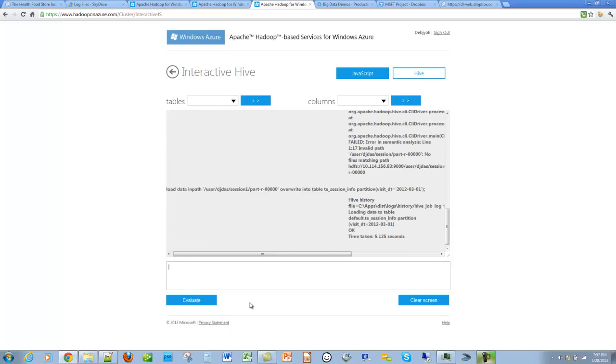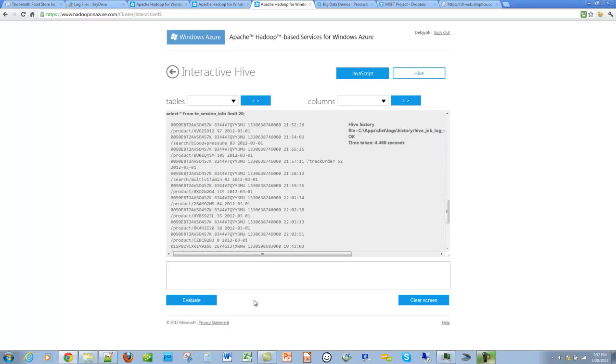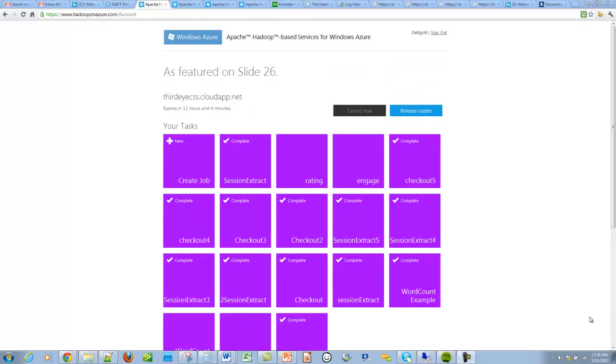Now, the data is in the Hive table. Let's make sure that the data is there. Let's do a simple select star. So we see that the data has been uploaded into the Hive table. Now that we know that our data is in the Hive tables, we want to export it out to Excel